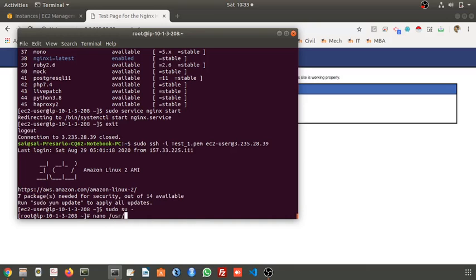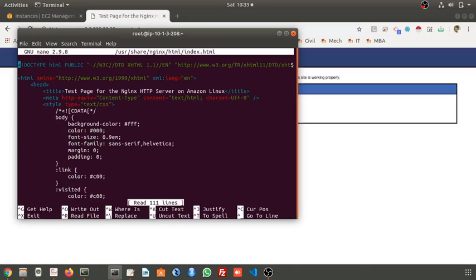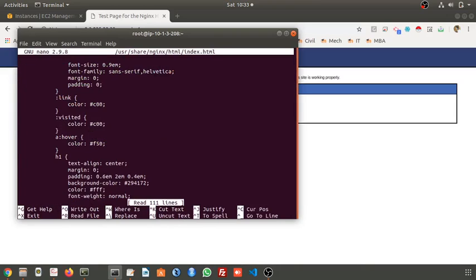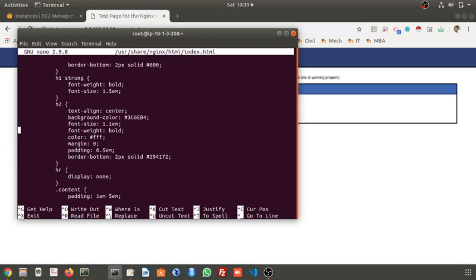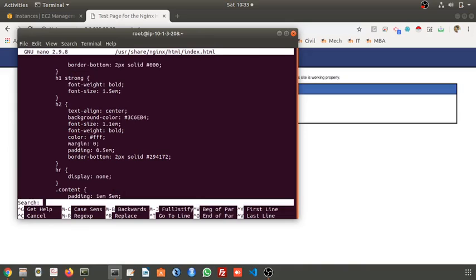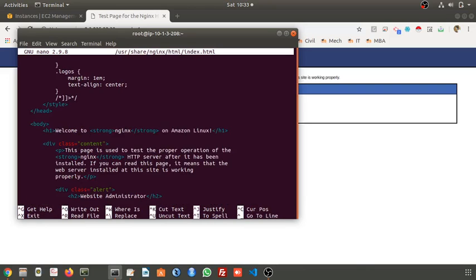This Nginx location will be user share. You will find Nginx here. Here you will get the HTML and here you will get index. From there you will get the body, or else you type control W and search for the word welcome. Yeah, you are there. Okay, now I will write welcome to